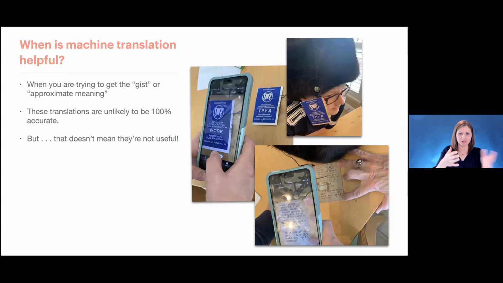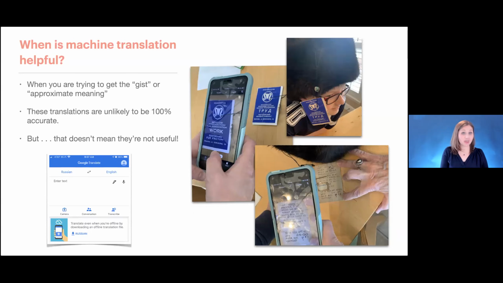But after using this translation tool, again, did we get every word translated? And was it a perfect translation? It was definitely not. But we got the gist, and we knew a lot more than we did beforehand. And so it gave us knowledge. I find that this tool, the camera tool on Google Translate, is fantastic.